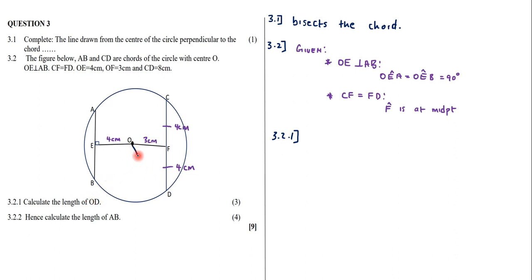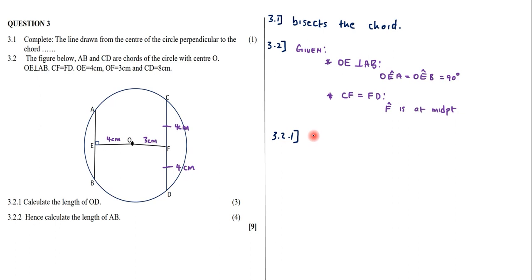So OD, as you can see, this is going to be the radius here. So the radius here, we're going to say OD squared is equal to... oh sorry, before we get into that, remember we're still given this, right? But we haven't first confirmed that this is actually what? Perpendicular, right? So to answer this, the first thing that we need to do here is to actually say that